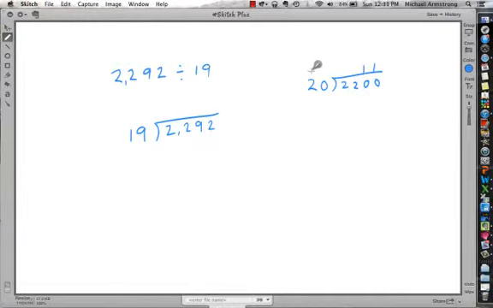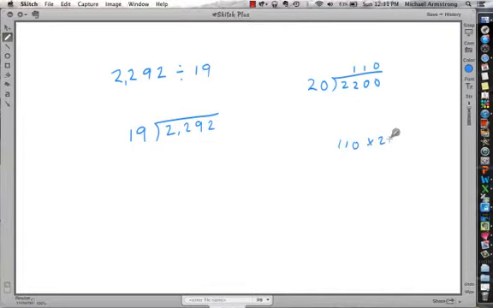11 times 20. 11 times 2 is 22, with 1 zero left over. So 110. That's kind of complicated. I would guess that it would have been easier to just change that to 2,000. 11 times 2,